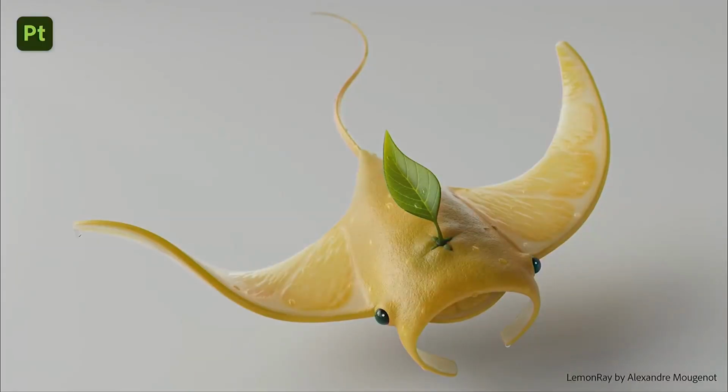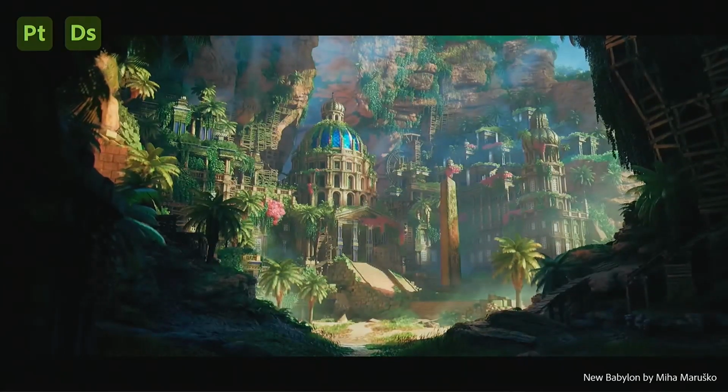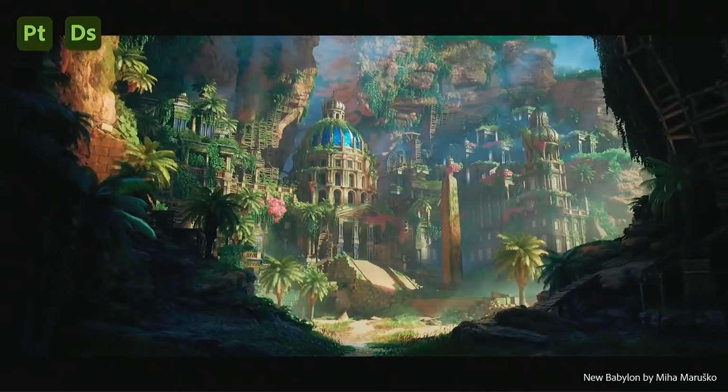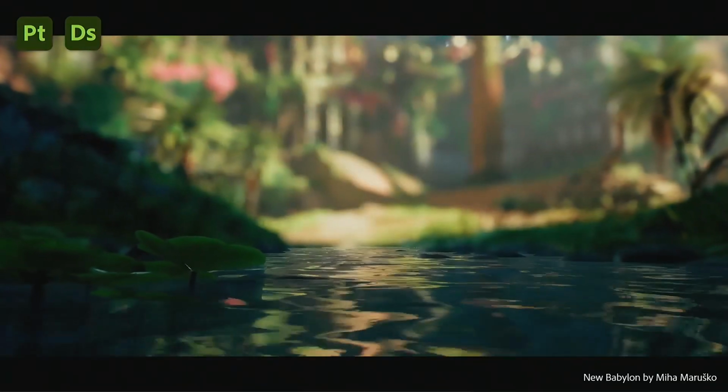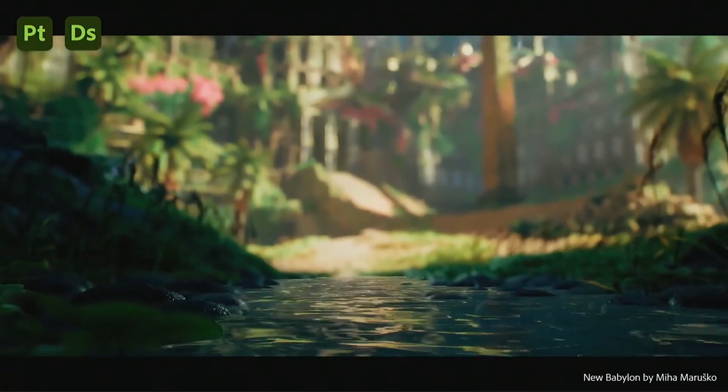Anyway, so I could go on, and this one I think is the last one, but this one from Alexandre Mougenot, beautifully realized first, and then just the idea of it is amazing as well. So anyway, we wanted to show that a little bit and pay tribute to the community, and I think we have the last one by Michał Marusko, which is amazing as well. We'll pay tribute to the community again. It's our way to thank and send back some good vibes, because we enjoy looking at them on our site.